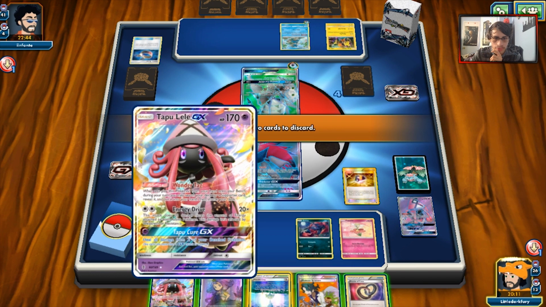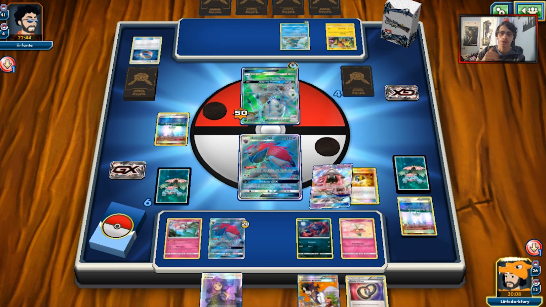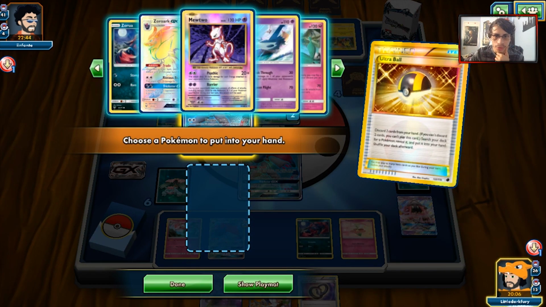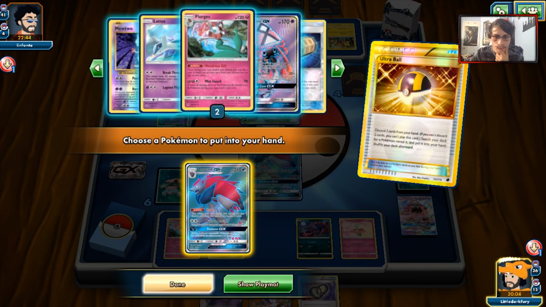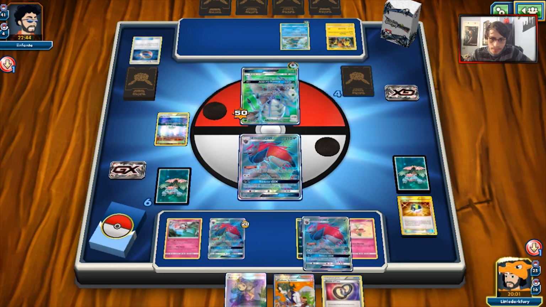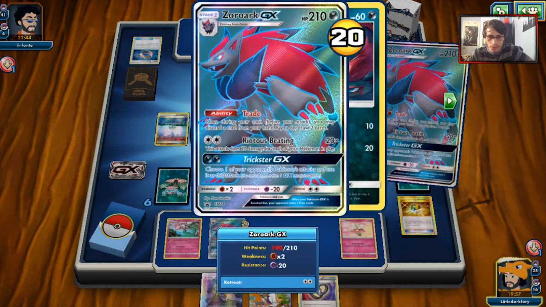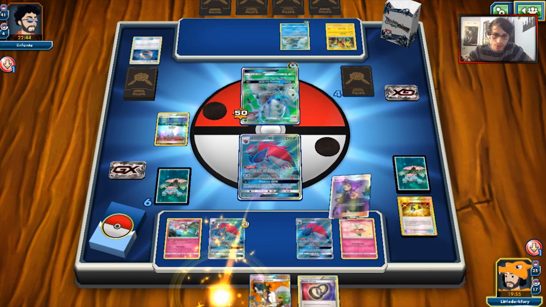Okay, we'll get rid of... we might have to do Sycamore. We'll get rid of Lele in that. Grab another Zoroark. We'll probably just get rid of Acerola. I could Acerola this Zoroark with 20 damage. I don't know. Probably have to do Sycamore. Let's see. Can we get